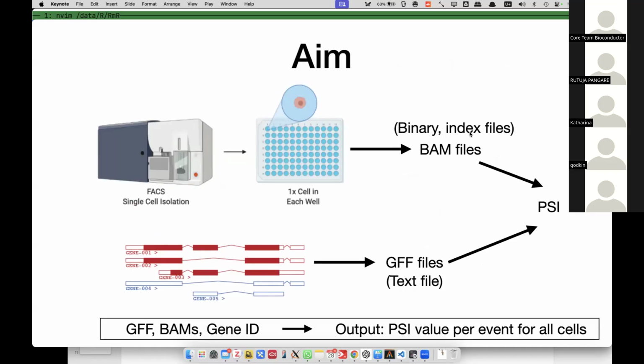It can be indexed, so we can access a specific region of the genome. So the idea is to take the GFF and BAM files and the gene ID and output the PSI values per event for all cells. The GFF file is easy to process because it's a text file. And the BAM file is binary, and we also need random access.